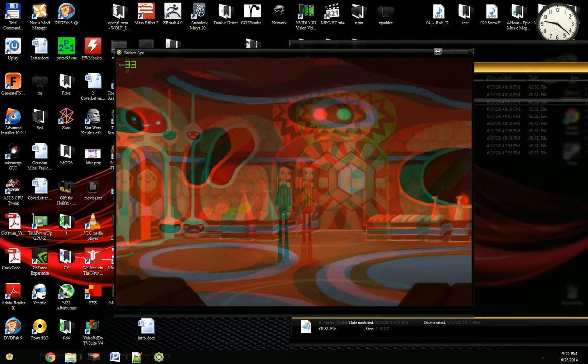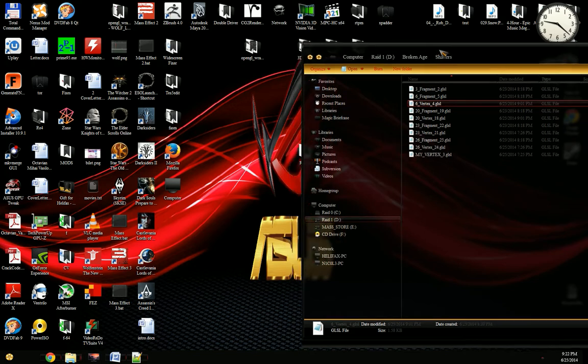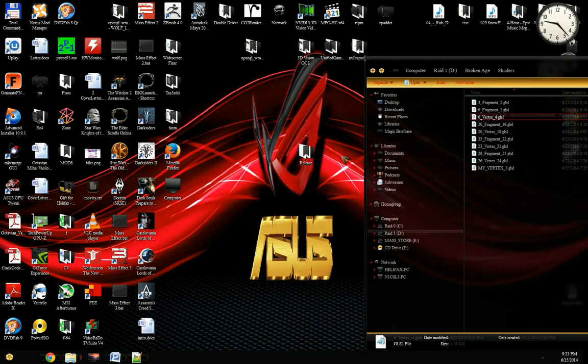So yes, as you can see, we get 30 frames per second. That's because the wrapper renders consecutive frames: left eye frame 1, right eye frame 2, left eye frame 3, right eye frame 4. So now that we see 30 frames per second, and that's the normal thing that we get,